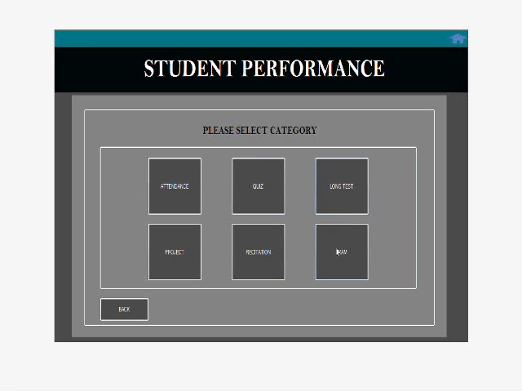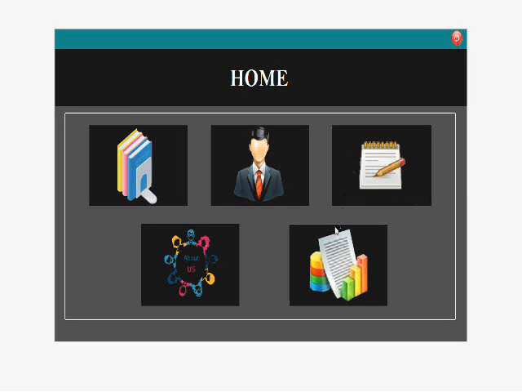We filled attendance, quiz, long test, project, recitation, and exam. So let's go back to our home page. Just click this button. And then next, we have to view the report of our students.